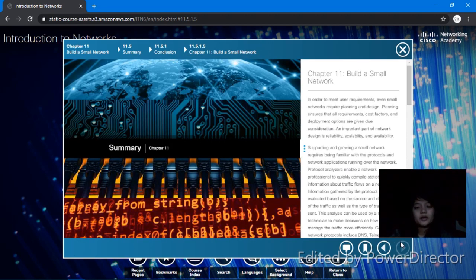For the summary of this chapter, build a small network. In order to meet user requirements, even small networks require planning and design. So in building a small network, even if it is small, you need to plan it first and design it. You need to follow all the rules, and little by little, your small